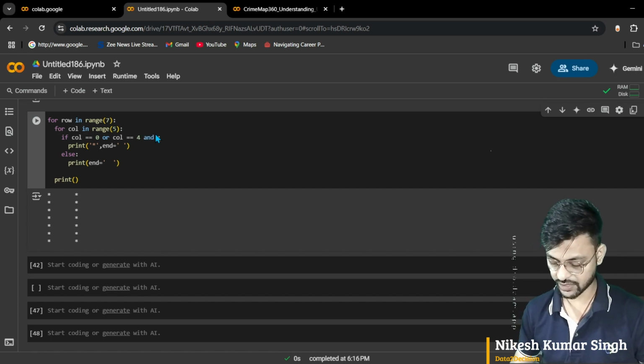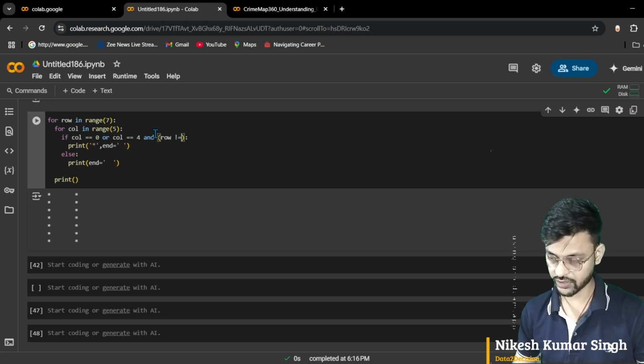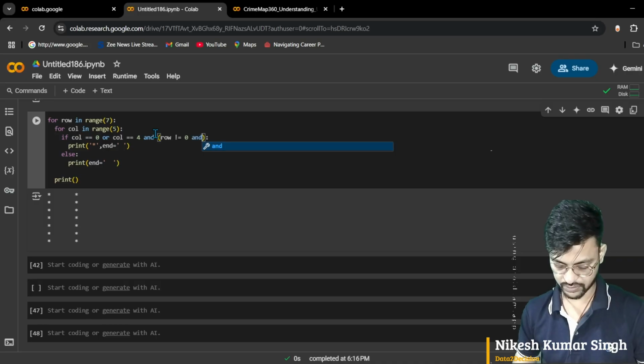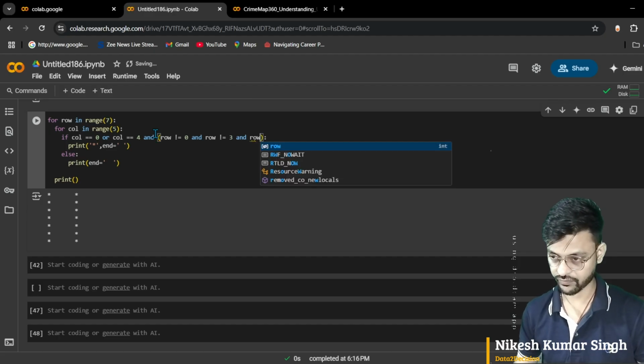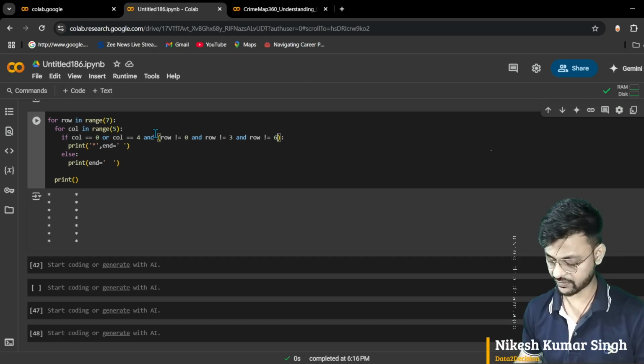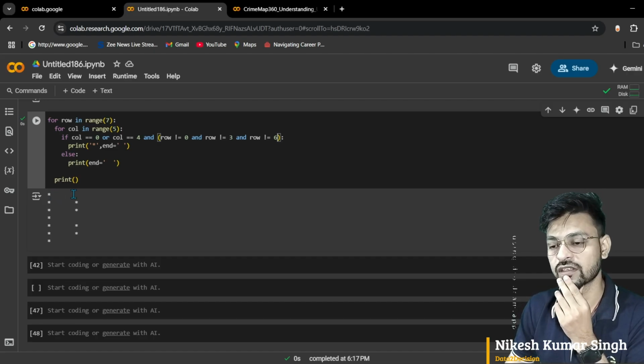Simply I have to use and, row not equal to 0 and row not equal to index 3, meaning 4, and row not equal to 6. Okay, now I simply print the star in the first row,